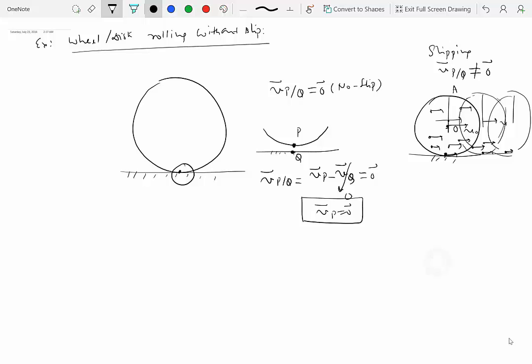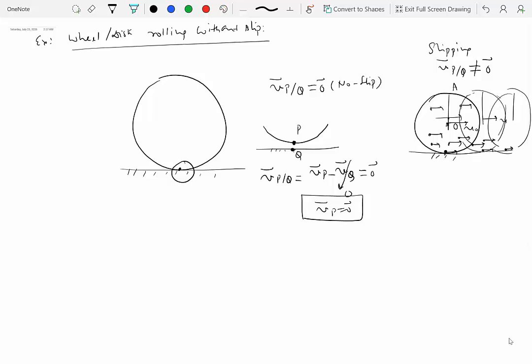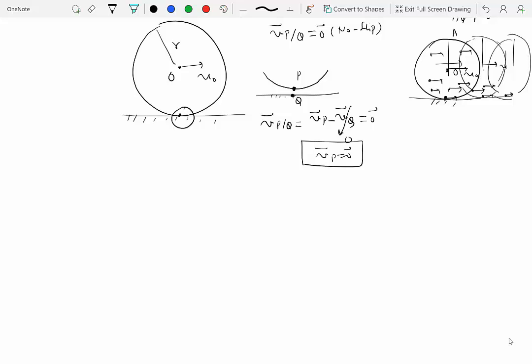Okay, so let's say we are given this much, but that's not enough to analyze the velocity of every point on this disk. Let's say this is the geometric center O, and we know that point O is moving with some velocity V0. The radius of this wheel is R. Now the question is, can you tell me the angular velocity of this disk? To get the angular velocity, we just have to relate the velocities of two points on this disk. This is the point P, whose velocity is known to us. We also know the velocity of point O. Maybe we can relate the velocity of the two points.